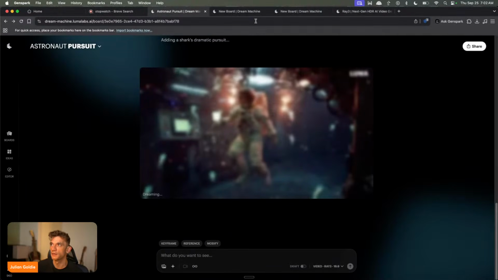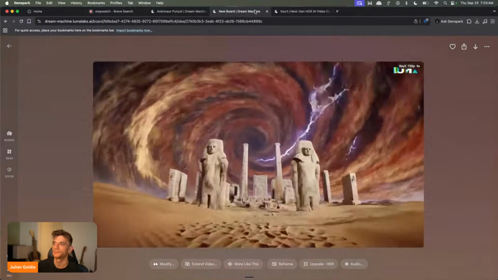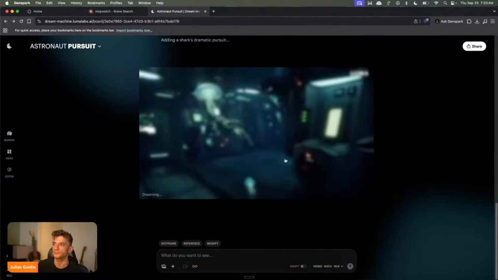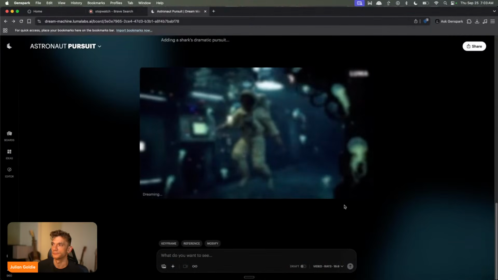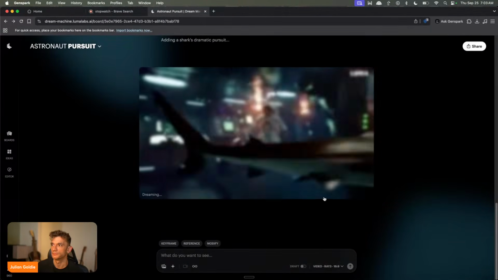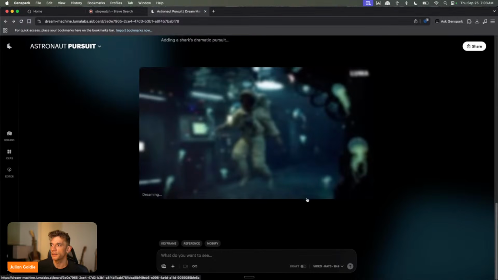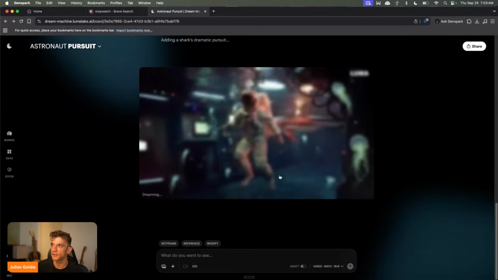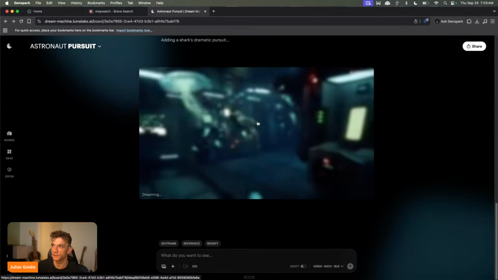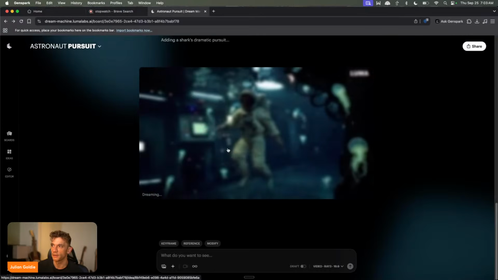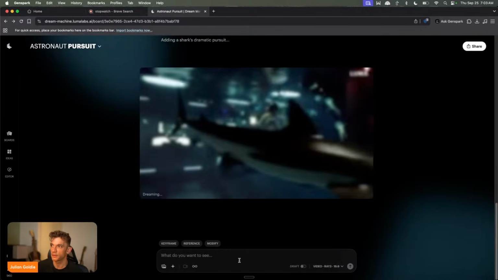That's still generating. A lot of these scenes, they don't really make sense. If you look, I can see this is generating now, but you see how the shark is just swimming around the person and then the person sort of drifts into the water.